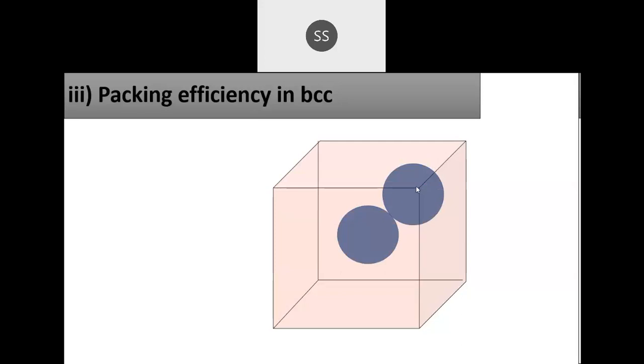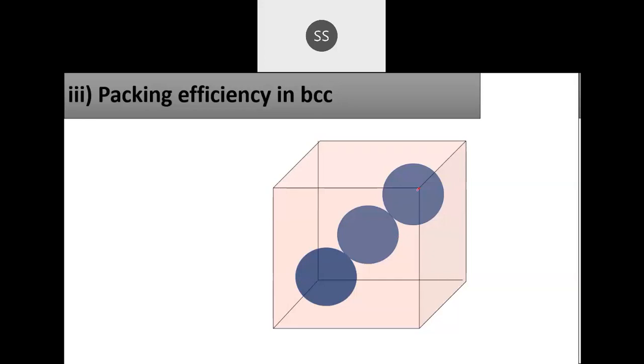On this corner towards your side, facing towards your side, one in the center, and one facing towards that side, a little far from you. Don't take it on the face. Many students make this mistake; they don't know how to draw the figure, so do the diagram properly. One is towards you, near you, and one is to the other side. Not on the face, it is on the body diagonal.